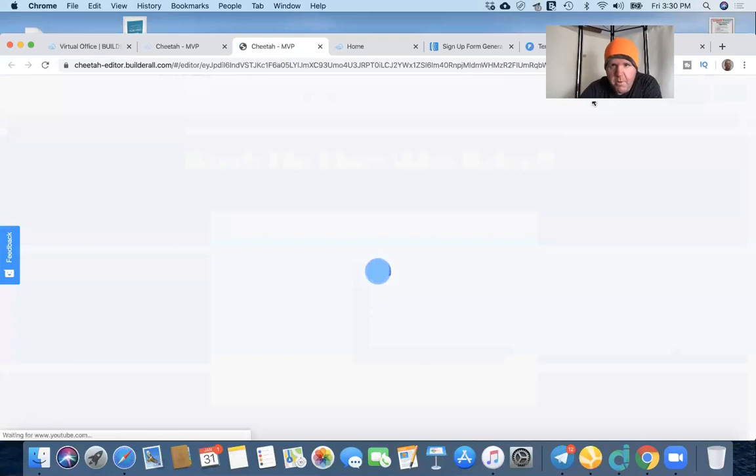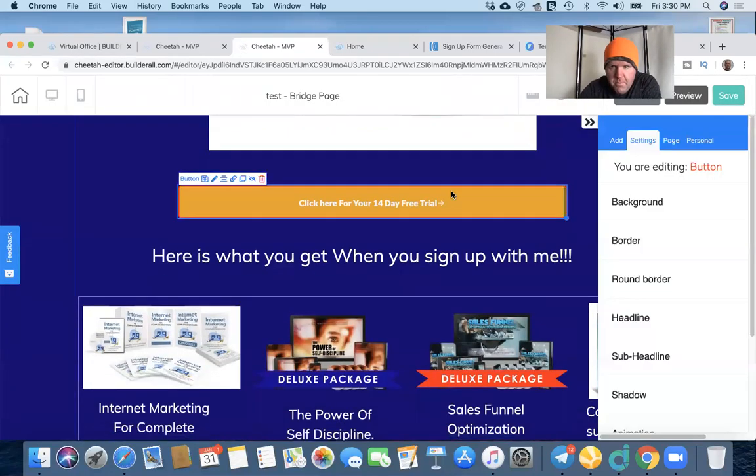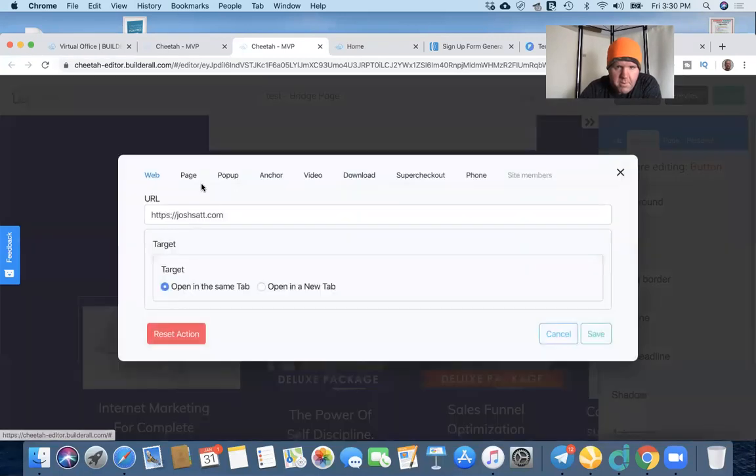Skip the tour. It's really pretty simple: I want a URL, I want it to open in the same tab, and I want my affiliate link,